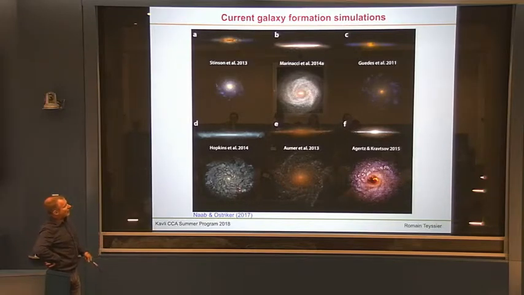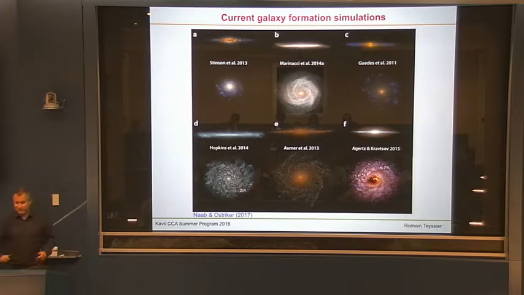For example, I think none of these simulations use radiative transfer, right? They don't have enough resolution, I would say. But they use a lot of what I've discussed so far, star formation recipes, supernova feedback, subgrid models, and so on and so forth. And it seems that they are all getting galaxies which look better and better. And so I hope you guys will do better with including radiative transfer and magnetic fields. Okay, thank you.